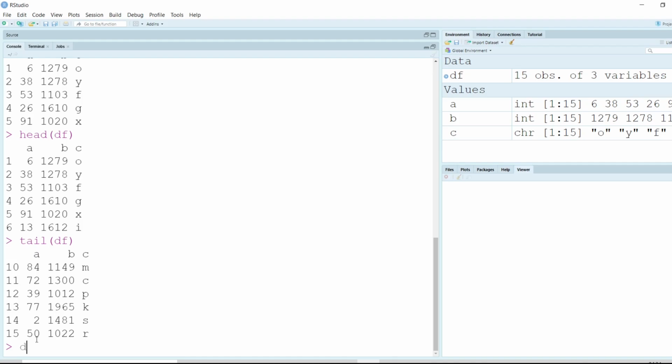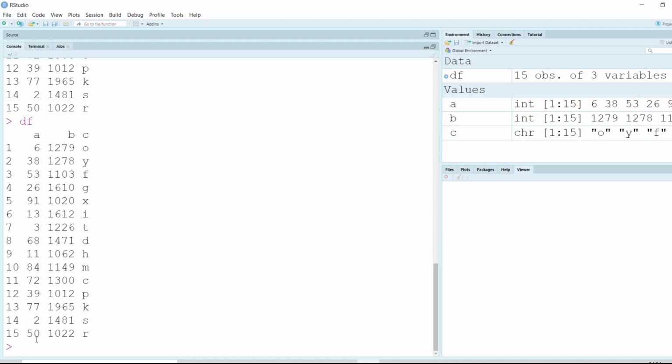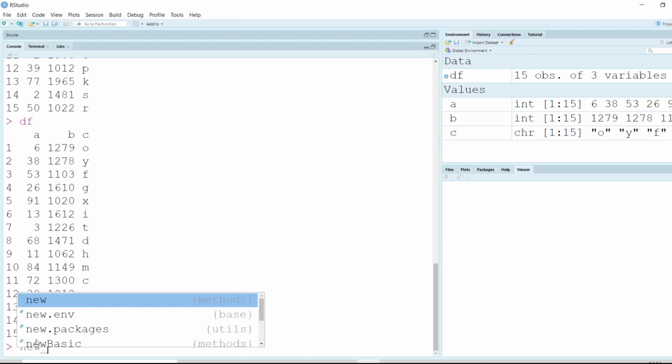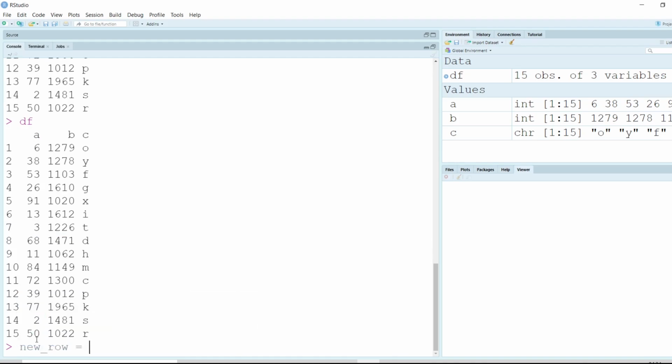Now, let's try to understand how we can add a row to this data frame. All right, let me print df again and let me create a new variable for that. new row is equal to, and since I want to create a record, which means I have to create 3 values, 2 integers and 1 string, I need to create an array of values. So I'll be passing it inside the combine function. Let me create some random numbers, 50, 1050. Let me also pass z here.